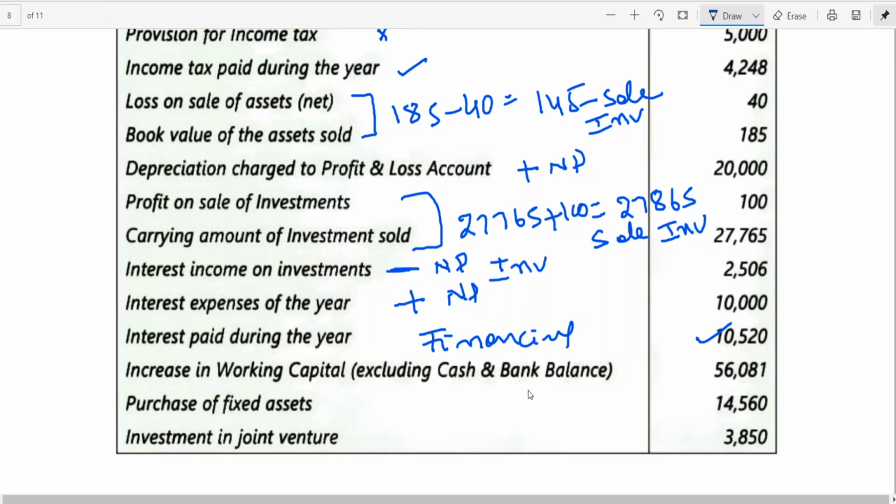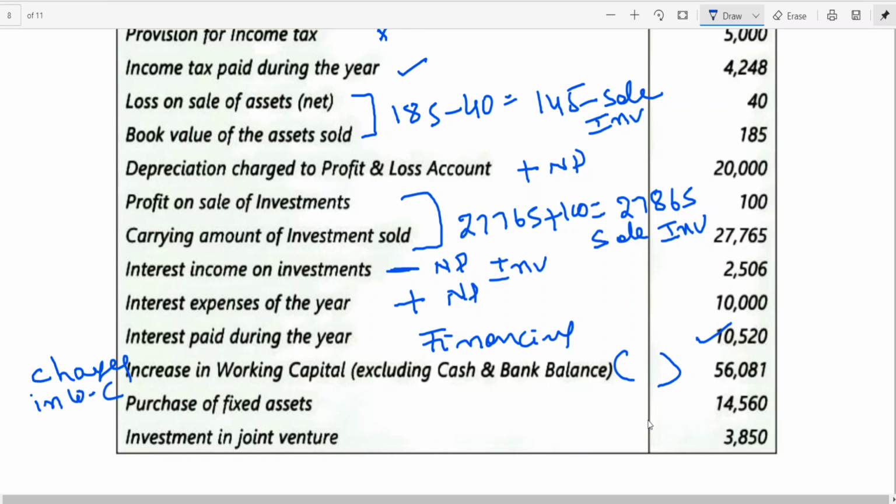So current assets minus current liabilities means, and this is an important point, without giving current assets classification, current asset-wise classification, current liabilities-wise classification. If current assets are more than current liabilities, we can say there is an increase, excluding cash and bank balance. Simple logic: current assets increase, your amount has been blocked. So this is to be taken as outflow for changes in working capital.